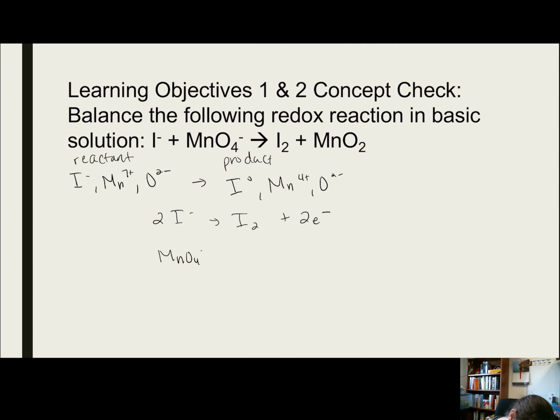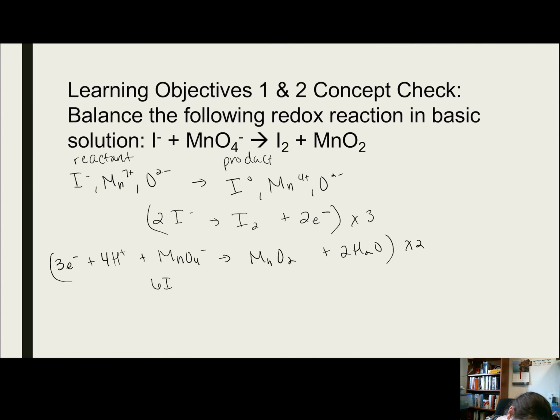And then MnO4 minus to MnO2, and 2 waters, 4 H plus, and then 3 electrons. Each of these will need to be multiplied. Our common multiple is 6, so we'll do 3 here, 2 here, and we get